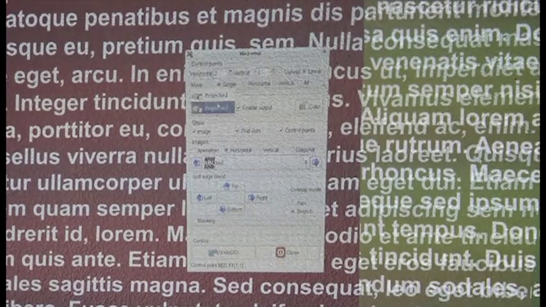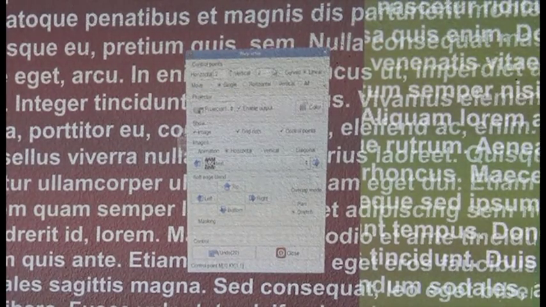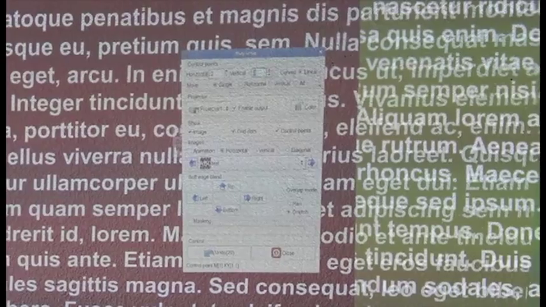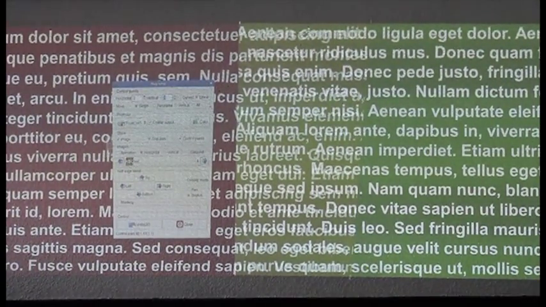I'm going to first start with projector 1, and now we're going to add additional control points to our vertical. So let's add 2. So now we're going to have 4 control points vertically for both projectors. And I'm just going to start moving these around a little bit so that our words